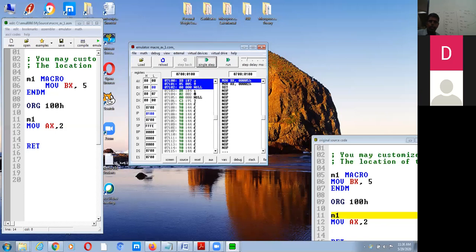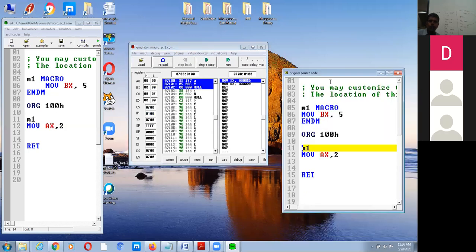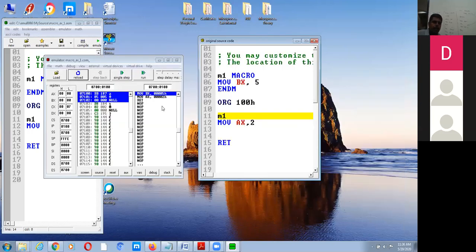Again we'll reload. Where is the control? Control is at line number 11. So at line number 11, what is happening? In a single step, all these things are happening. So these three lines are highlighted here. It is disassembled. Code is this. That is nothing but MOV BX, 5. This is a mnemonic.